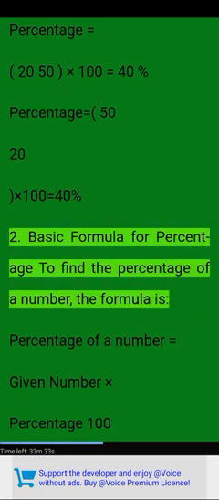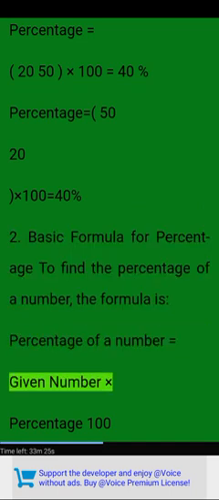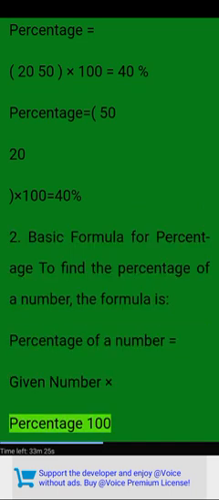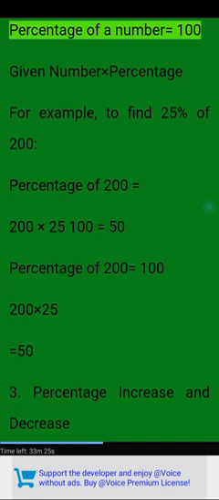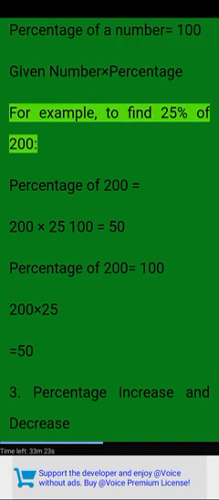2. Basic formula for percentage, to find the percentage of a number. The formula is: percentage of a number equals given number times percentage over 100. For example,